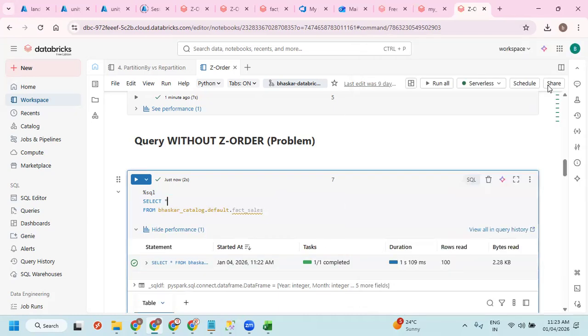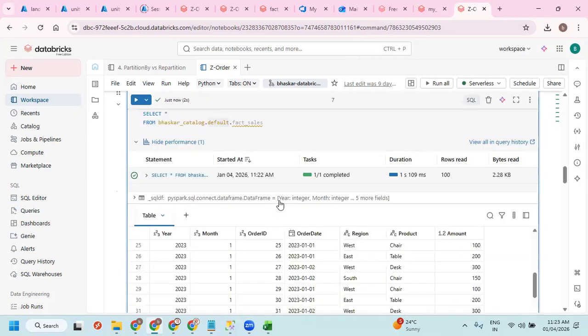Because you're not applying a filter, it is taking that. That is fine.